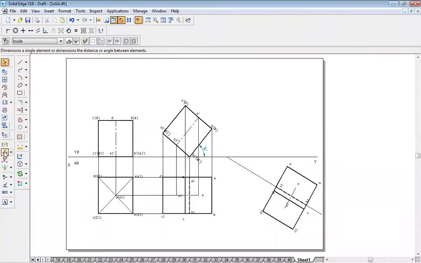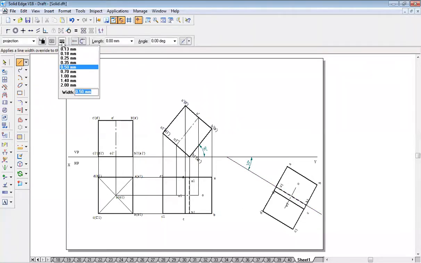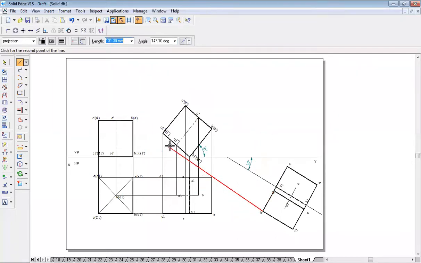Okay, measure the angle between this line to XY line. It is 30 degree as we did. Now go back to line command, it should be a continuous line, 0.05 line thickness. Okay, draw projection line from each and every corner. This is your point D. D1 point is down. So let us move it on all the way so that I get that markings.